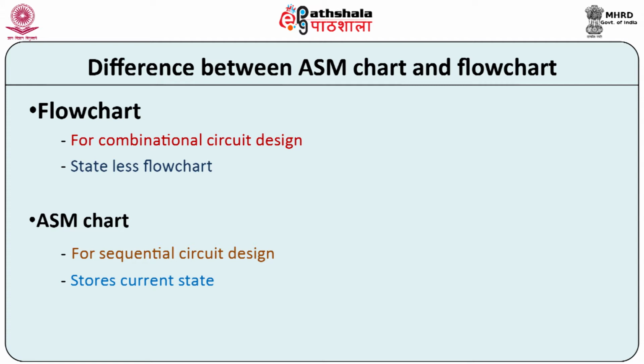It is stateless flowchart because it cannot maintain its active states between updates. In contrast, ASM chart is used for sequential design. It stores its current state in memory to preserve local data and activity between updates. As a result, state diagrams can begin executing where they left off in the previous time step, making them suitable for the system where the current output depends on previous results.